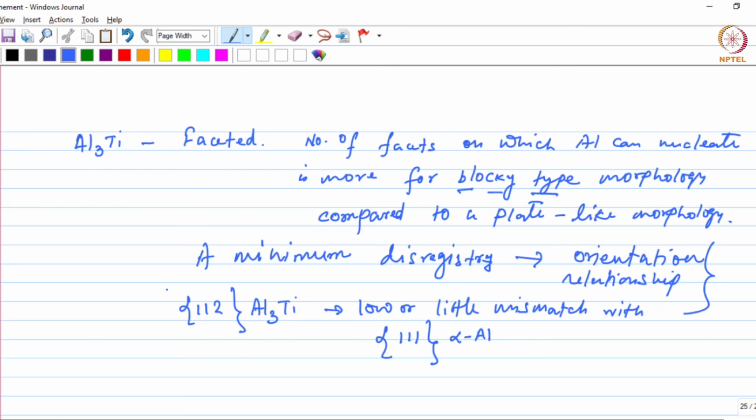Right, so such planes of Al3Ti will then be more efficient in terms of nucleating the aluminium, because here the disregistry is low, the mismatch is low, and therefore aluminium can easily attach onto the surface or this kind of planes of Al3Ti. Okay, so that is where you can see the effect of the morphology change on the efficiency of grain refinement,